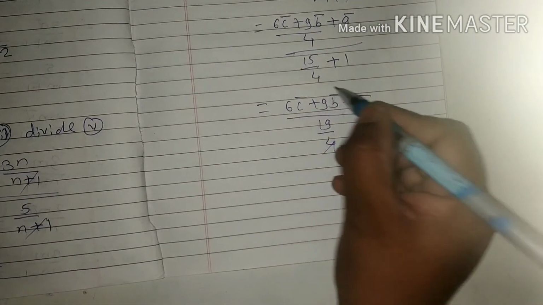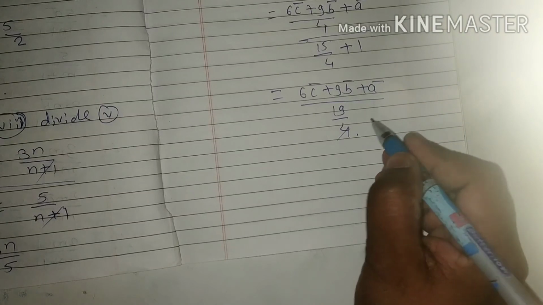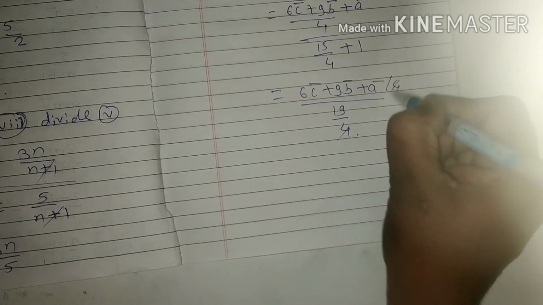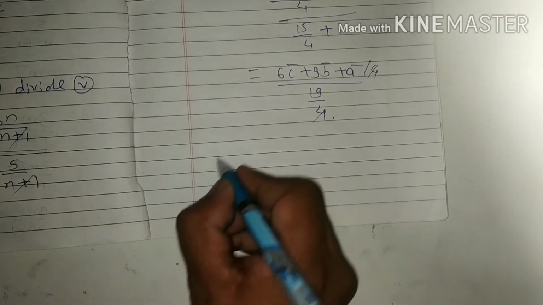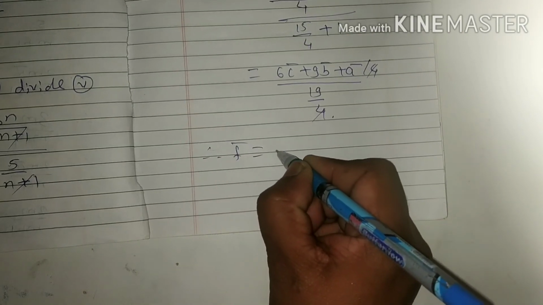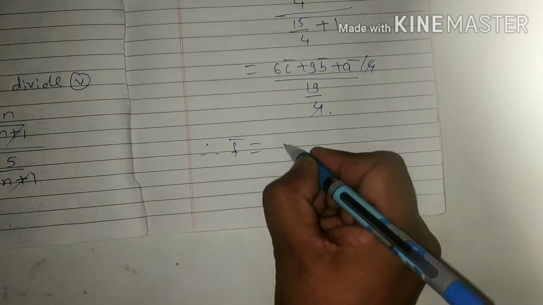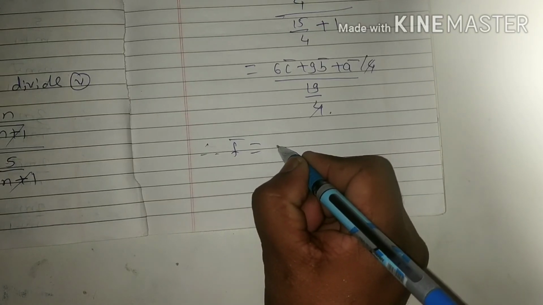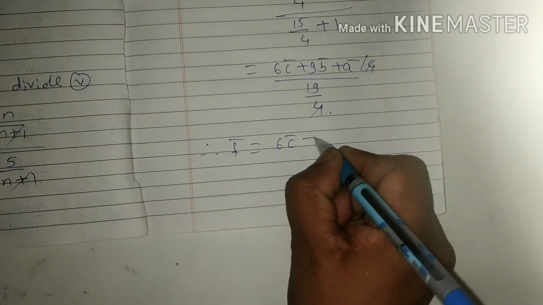Then 4 gets cancelled, and we write the value of F bar is equal to 6 C bar plus